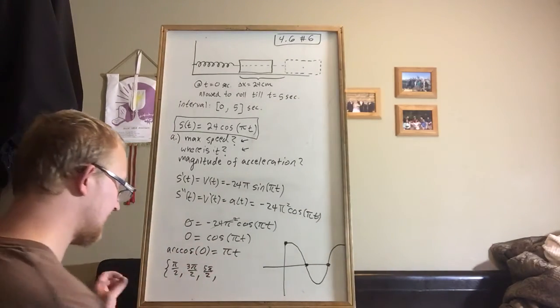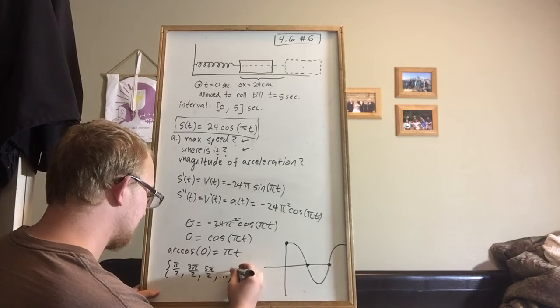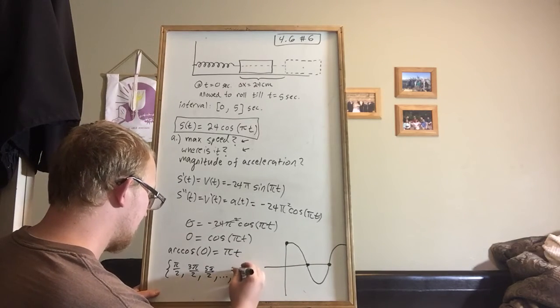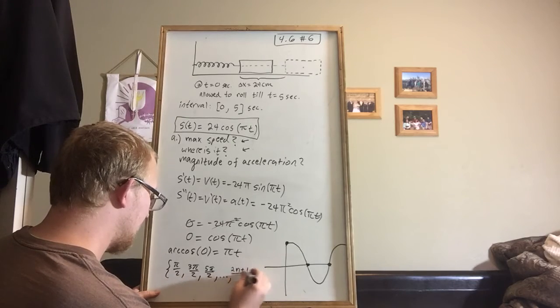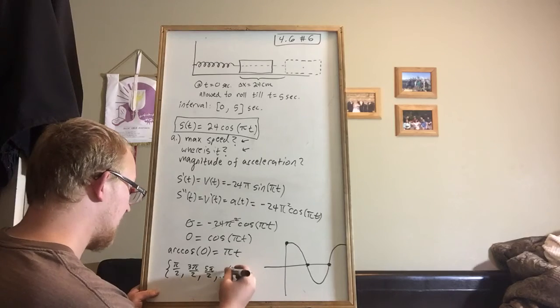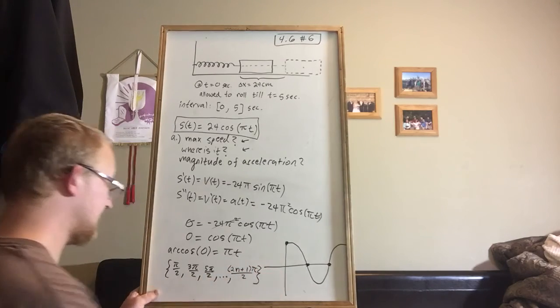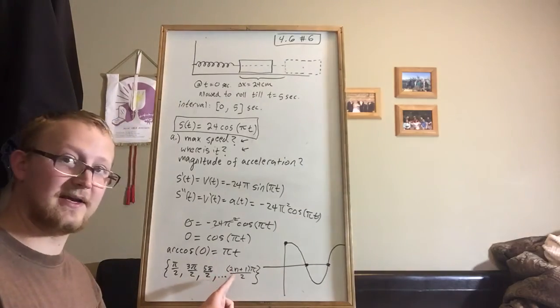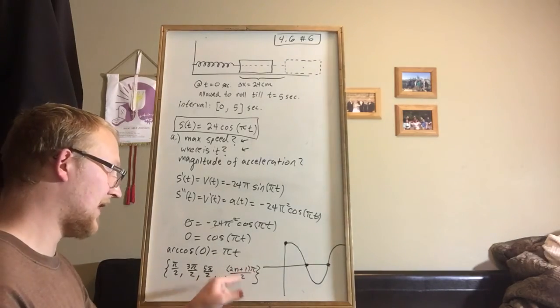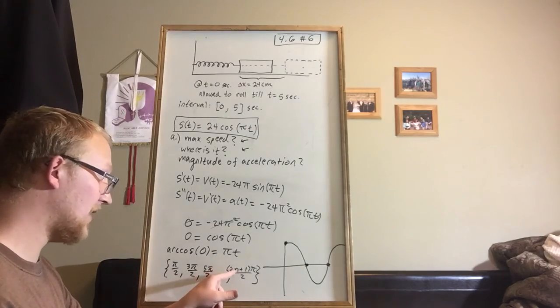And so you can actually write this out as dot, dot, dot. It continues going to 2n plus 1 over 2, or 2n plus 1 pi over 2. And we can test this. If we plug in 0 for n, we end up with 1 pi over 2. That's pi halves. If we plug in 2 for n, or 1 for n, we end up